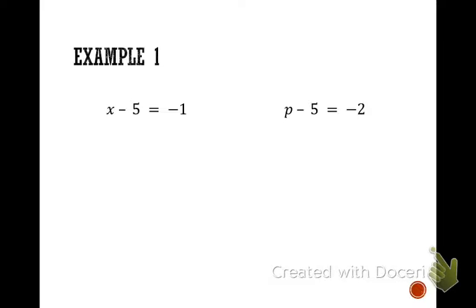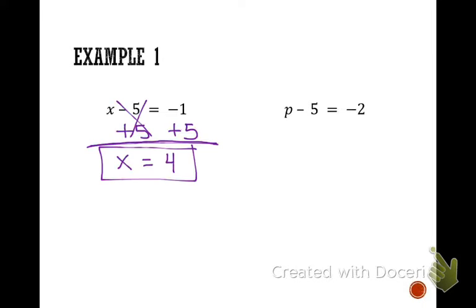All right, so example 1. I focus on the side with my variable. Does everybody see that it's x minus 5 on one side of the equation? My goal is to get x by itself. So I look and see what operation is connected to x. What is it? Subtraction, or minus. So what's the opposite of subtraction? Addition. So my property of equality,